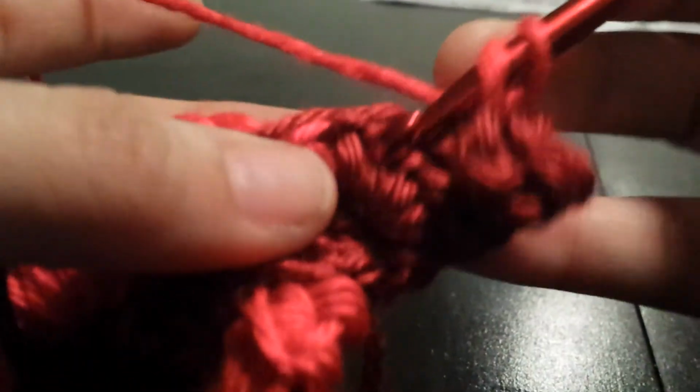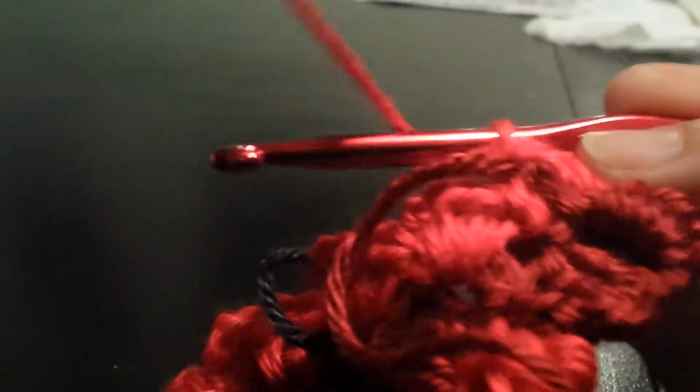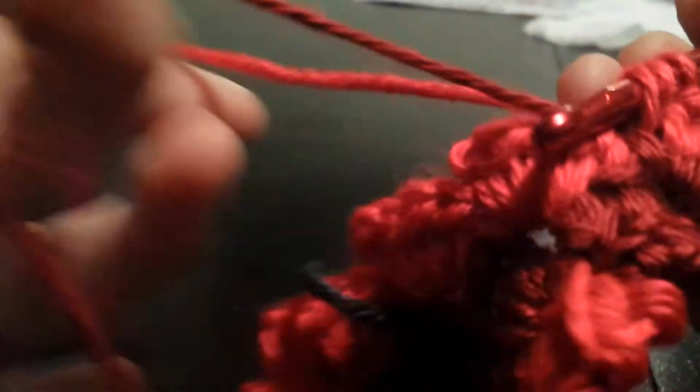And I change colors by pulling it through. And I chain 1, 2. I do 1 half double crochet, 2 half double crochet normally, and then the third one is where I need to hide my red, or my different color red. Take them both. I pull through,